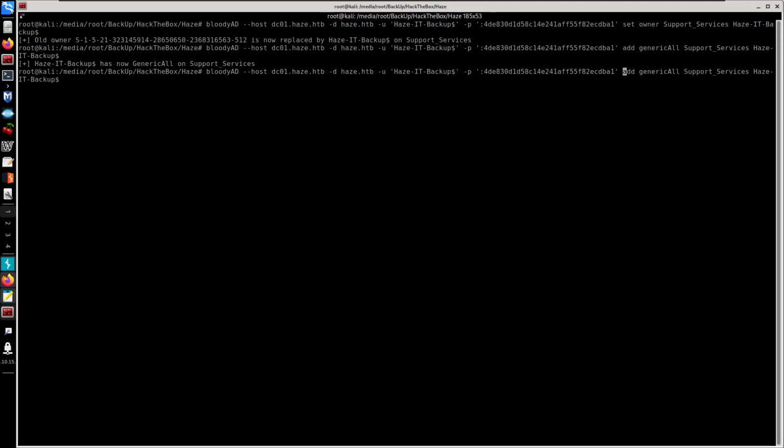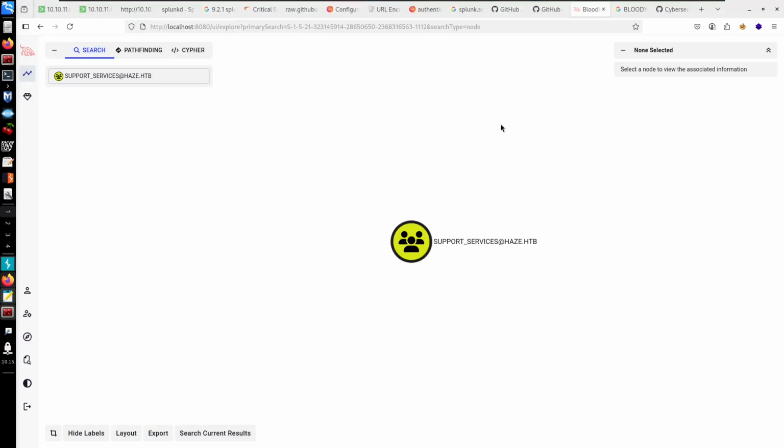Now we want to add a group member. Also make sure to always have the capital for the second word in addGroupMember. So now haze-it-backup has been added to support_services. And so now we're going to be using certipy, since we can run the shadow, or I believe it was a